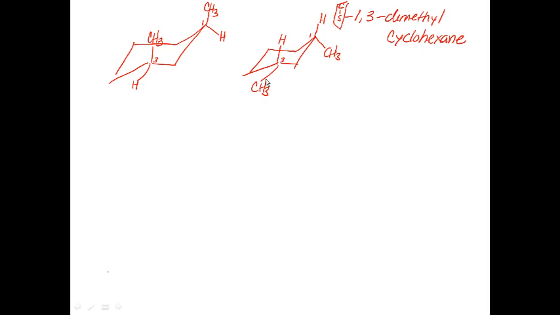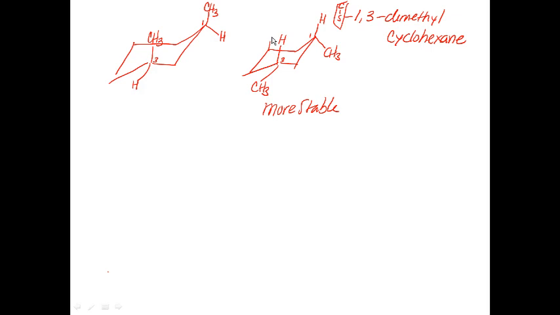Which of these two conformations is the most stable? The one on the left or the one on the right? If you said the one on the right is more stable, you are correct, because it has the two methyl groups equatorial, and there's no 1,3-diaxial interactions other